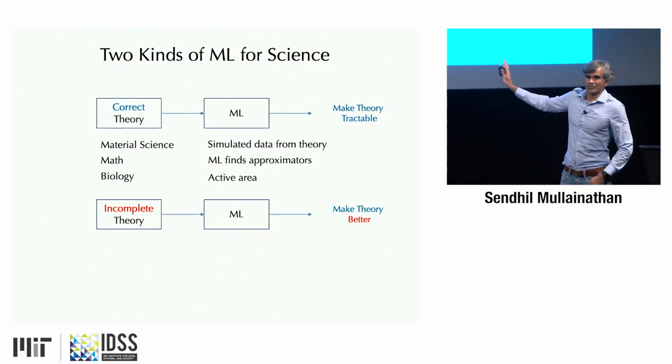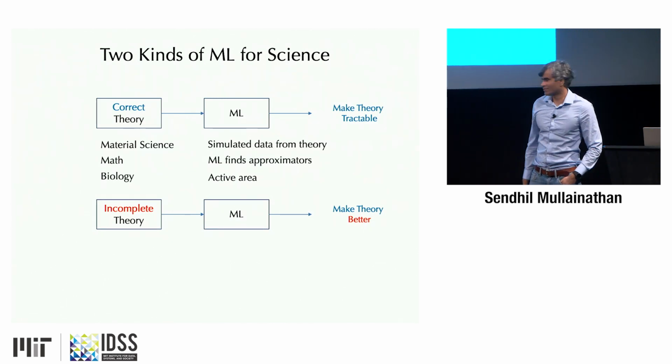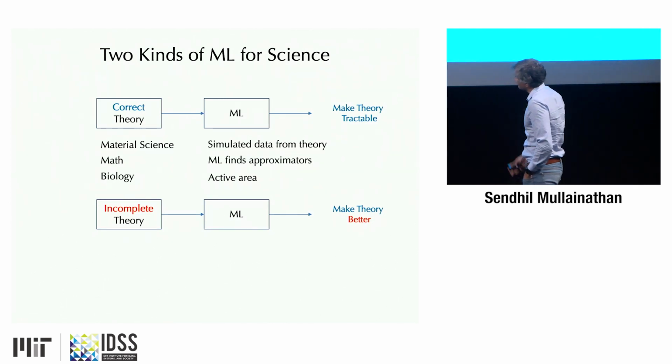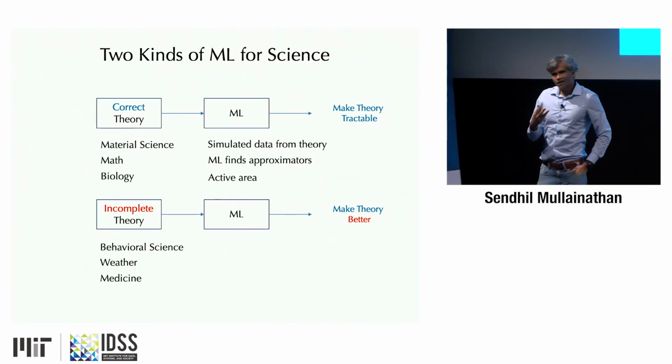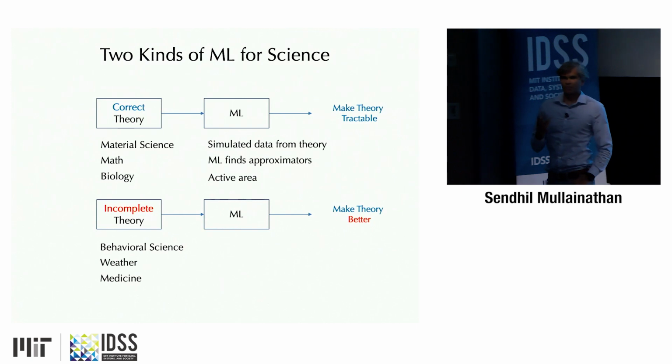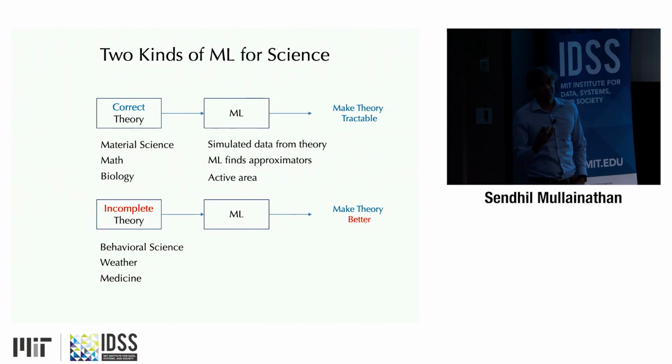This is a very different approach. It's a very different structure. These two things can all look like ML for science, but they will just feel very different, and they will require different tools be built. Now, things that fit here is behavioral science. But in fact, other problems, such as weather, have this property. Because we certainly don't have, well, you could say we have a theory of weather at some molecular level. We don't actually have a theory at the measurement frame that is correct. We're actually looking for a theory at the measurement frame that's correct.